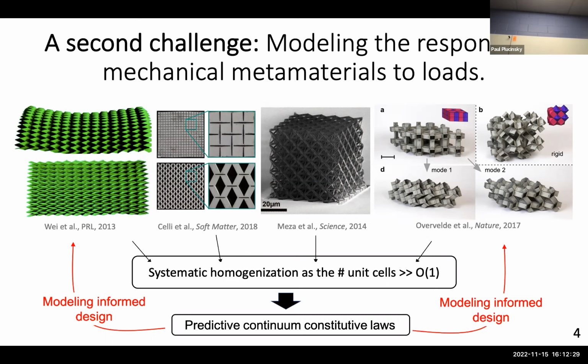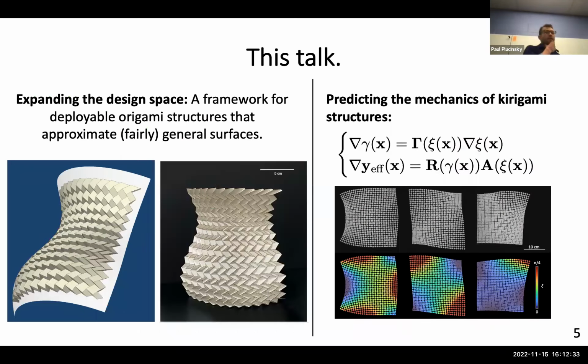So I'm going to give you a flavor of design and modeling of these systems in this talk. The first part of the talk is going to focus on origami, where we're really trying to expand the design space. We're essentially thinking about things like the Miura-ori, which is this example, but what happens if you start playing with the design parameters in a systematic way to develop generic patterns that will approximate fairly generic classes